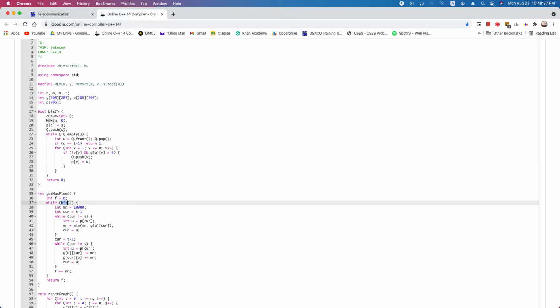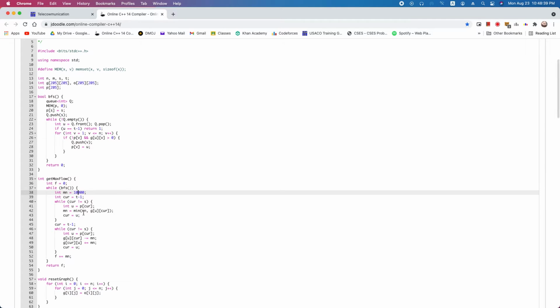And then after we do BFS on that, we will get the minimum flow from this path. And so then we can decrease the flow of all the edges in this path by the minimum flow. Here we will just start with a very big number, and then look at the current node. So we can basically use a while loop to look at all the edges. Here we have to remember to start at t minus 1, not t, because if we start at t, we can still